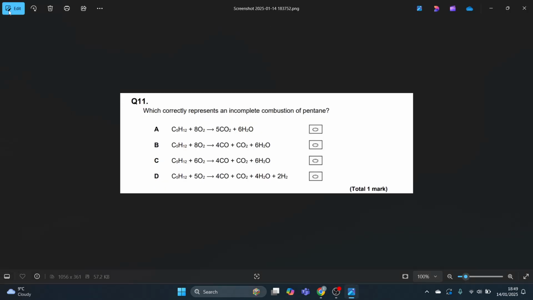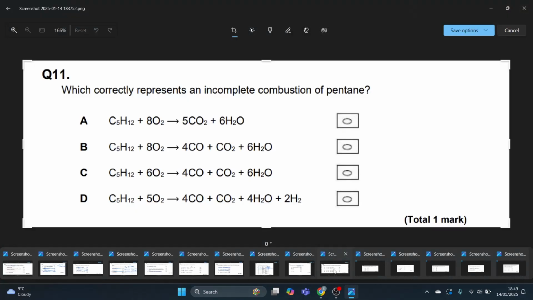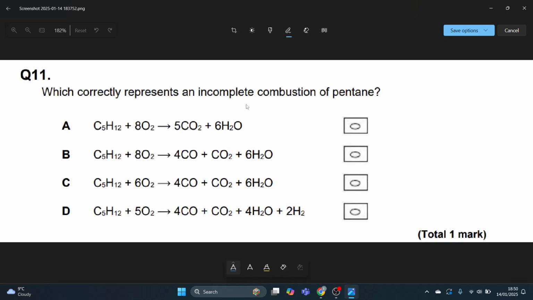No, I feel like once you've done a topic, if you go through the multiple choice questions, they're just really good recalls. Like that question I just did, just how well you know your catalytic cracking. Which correctly represents the incomplete combustion of pentane? Correctly. Okay. Pentane, C5H12, all of them have that. I don't think, this is A levels now, I don't think they're just going to make me eliminate a couple just from that. All of them have C5H12.